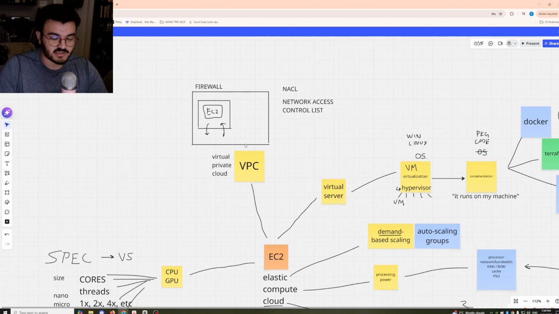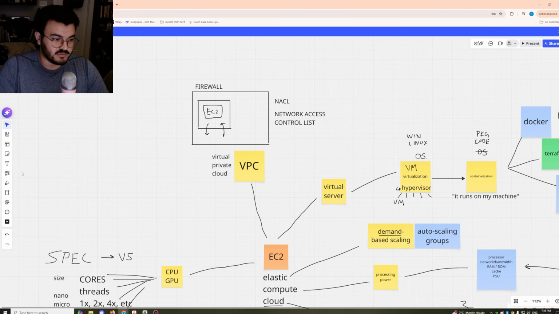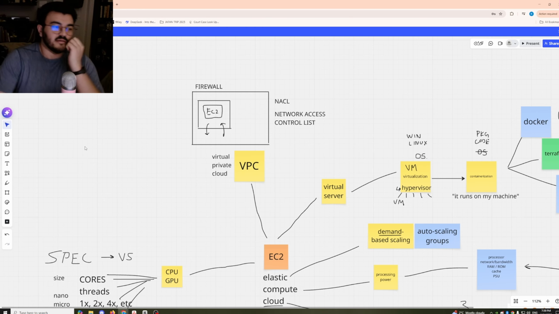I've used it to build a lot of different projects and tools and some fun with AWS, but there's a lot more. And also, trying to remember everything off the top of your head, well, that'll never happen nowadays. We all rely on AI and all that jazz. So network access control list, firewalls, VPCs.